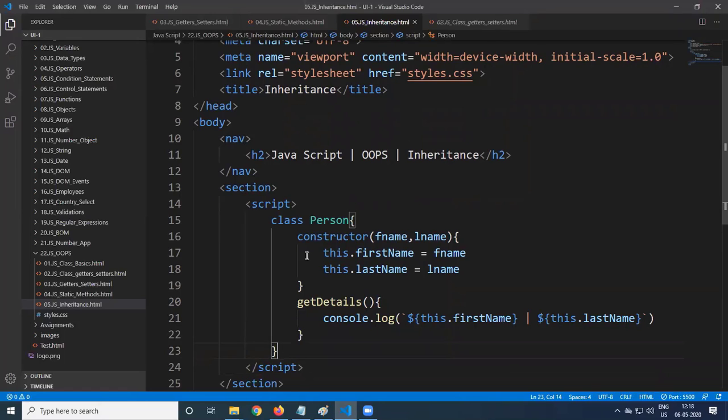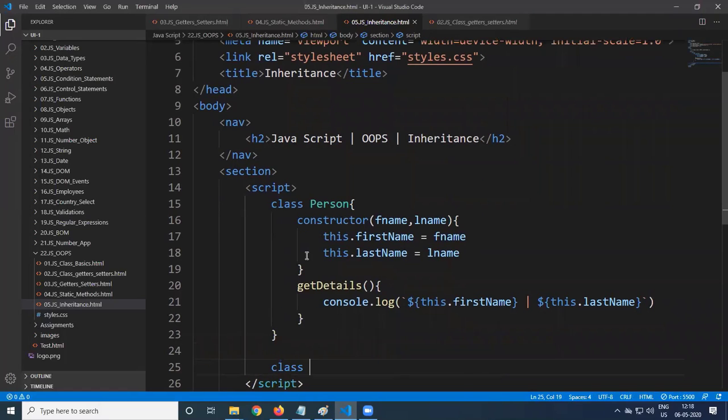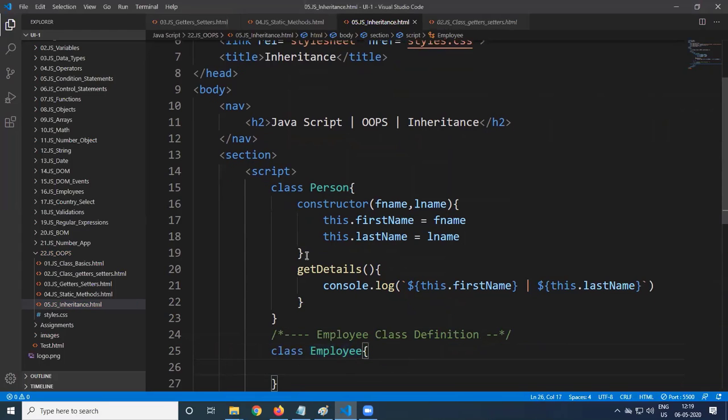Now we want a class called employee. This is the employee class definition. What properties are required in this employee class? It should have first name, last name, maybe salary or designation, whatever it is.